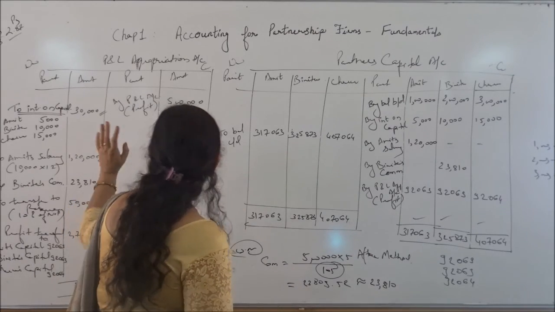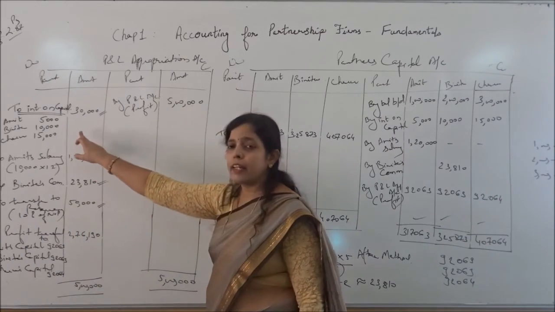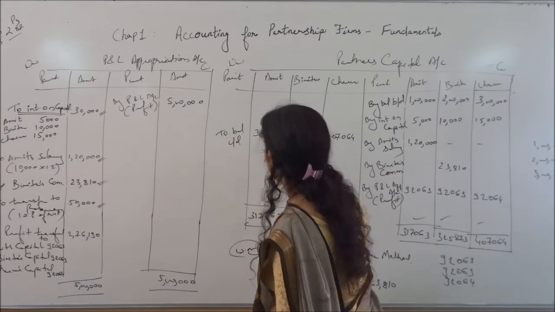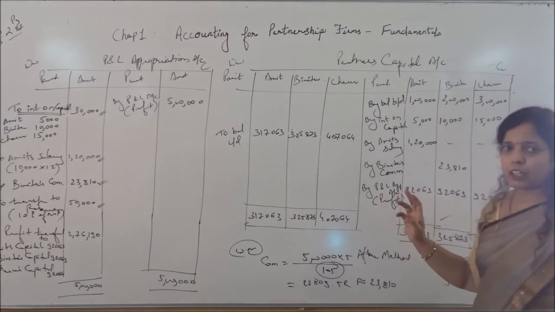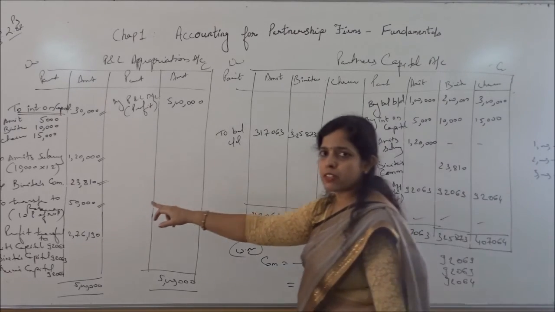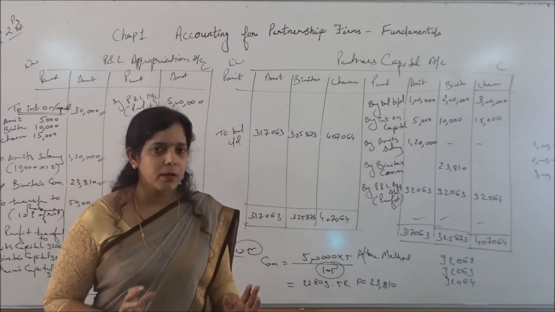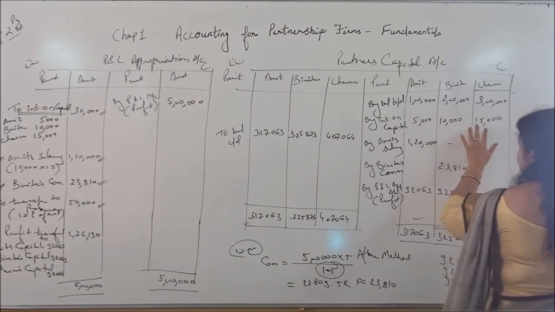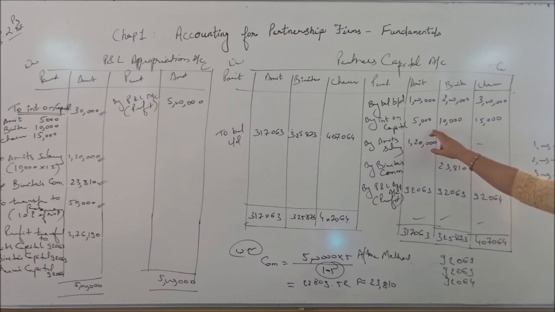Second, you generally should not make this entry first. What should be your habit? First you will do the entries from the capital account because actually the distribution is this. These are the closing entries, right? Closing entry, I am saying, remember the names. So pass this entry first of all. Interest on capital is on the credit side, now it will go on the debit side in the entry.